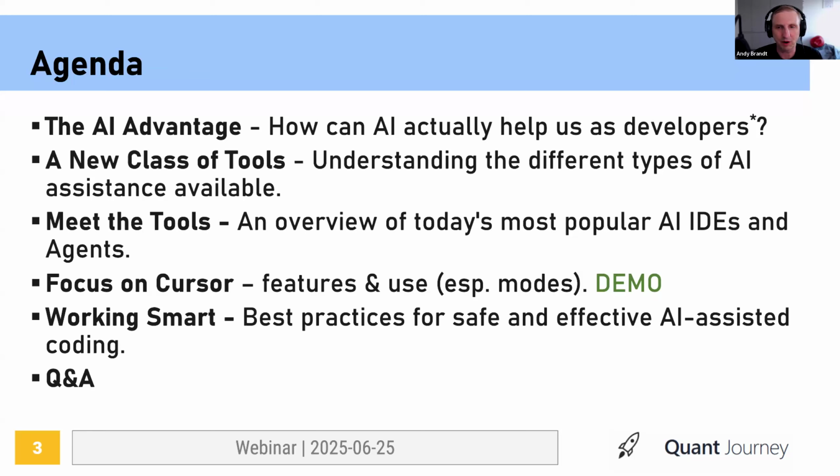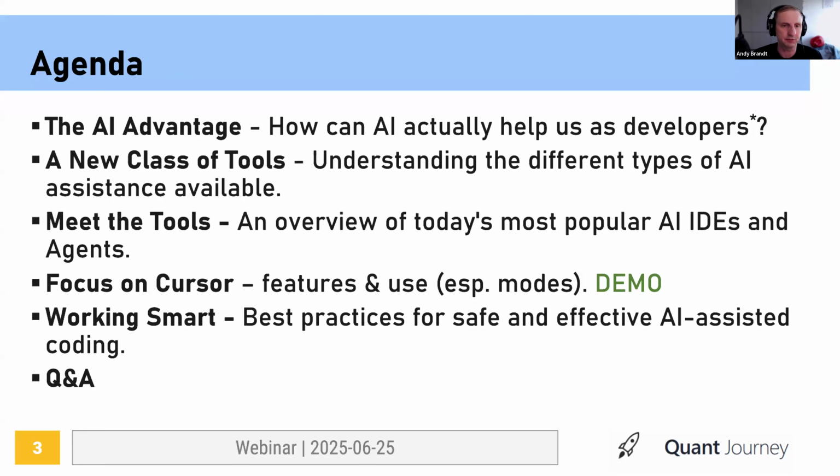Now you might be wondering why there is an asterisk near the developers. I mean, AI doesn't help just developers. It can also help other people build stuff. However, I think it is the developers who will really benefit from those tools, because it really helps if you actually understand what it is that they are building and what is really happening. So the ability to actually dive in and check what's going on is really what makes a lot of difference when still using those tools.